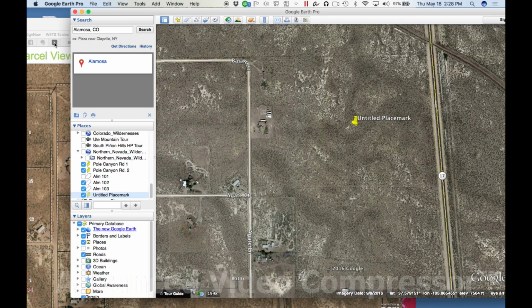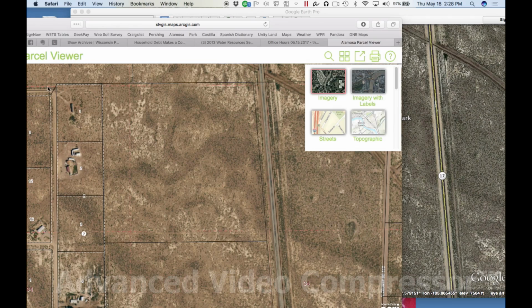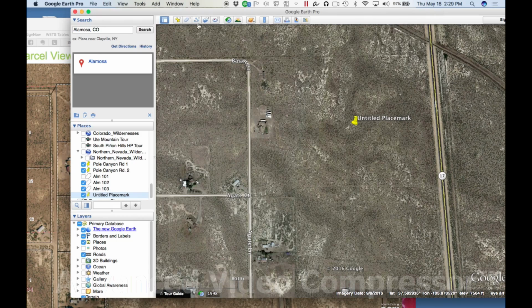Okay, now let's say I want to sketch the property boundaries on Google Earth, which I can do simply by looking at land features to identify the property boundaries. Again, I'll go back to my reference map here and I can see how this property line comes here, and this property line comes off of that street there, and this property line follows the road. So now I'll just go back to Google Earth and I'll click on this